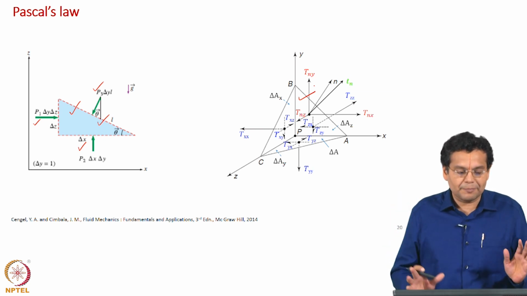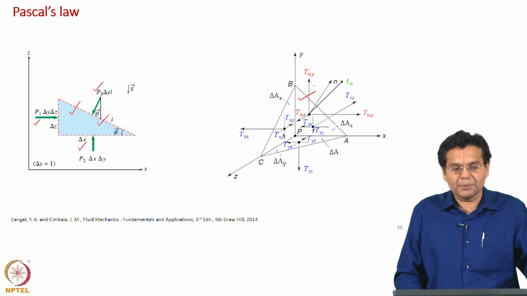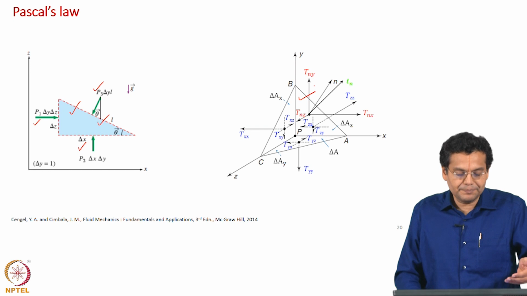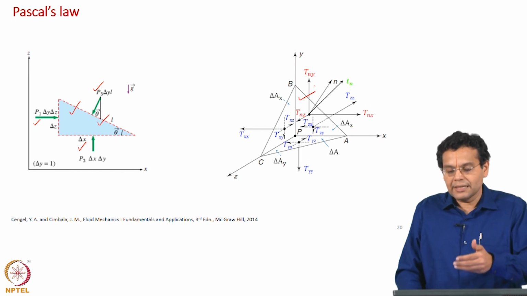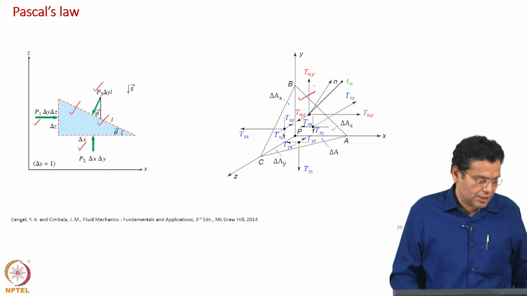Conceptually both are the same. They also finally prove that P1 equal to P2 equal to P3. Similarly, we also proved Tx equal to Ty etc. Finally they prove that P3 is the same. We also proved that the magnitude of stress vector is pressure. So eventually it is all equivalent to each other. Okay.